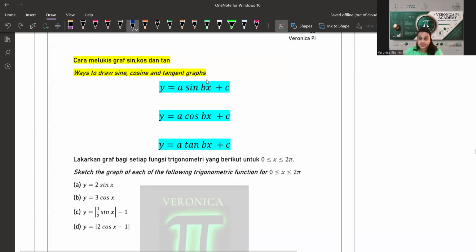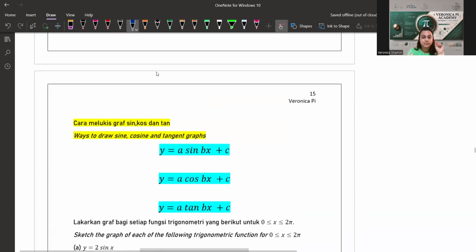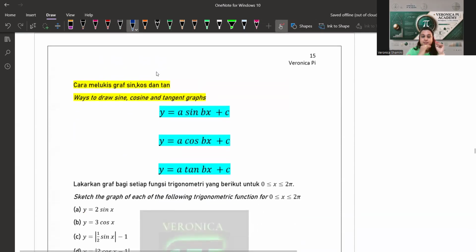So today's lesson, teacher nak guide this part of the topic especially, which is cara kita nak lukis the graph of sine, cosine and tangent. Because soalan ni kan dia selalu keluar in kertas 2, right? So as you all know, in kertas 2, ya,